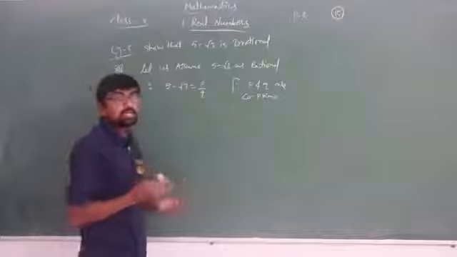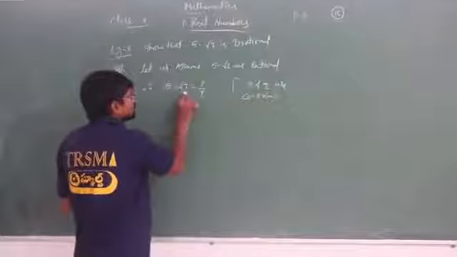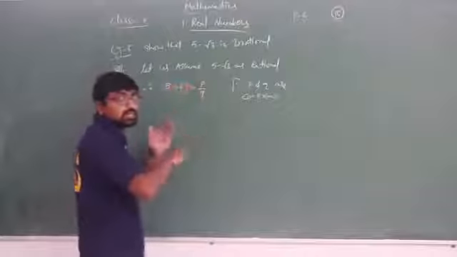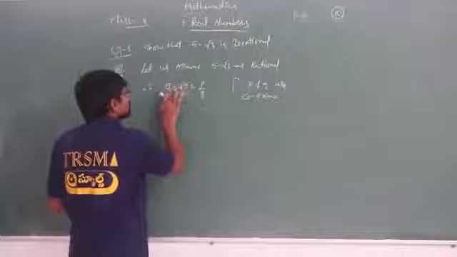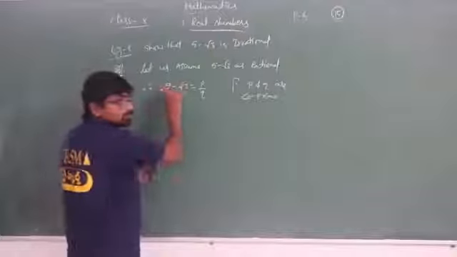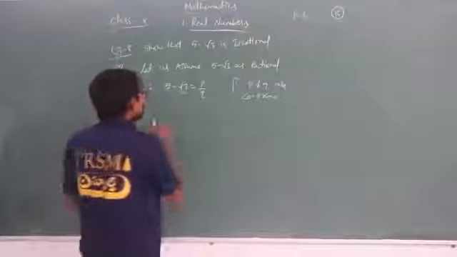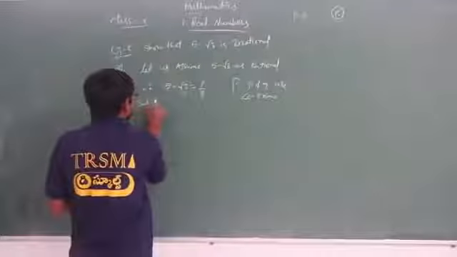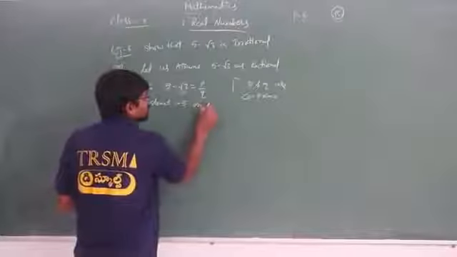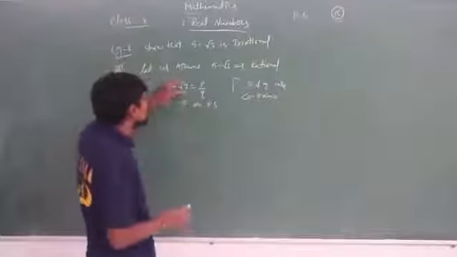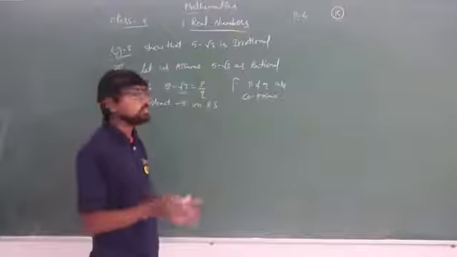Now what we have to do is keep root 3 here and remove the remaining things. First, here 5 is being added, so we have to use the additive inverse of 5. What is the additive inverse of 5? Minus 5. So subtract minus 5 on both sides. Why? The root value should be kept on the left-hand side and the remaining terms should be sent to the other side.